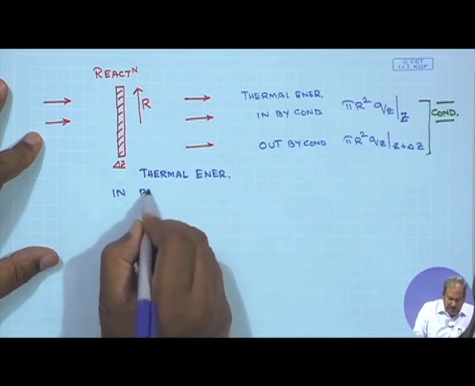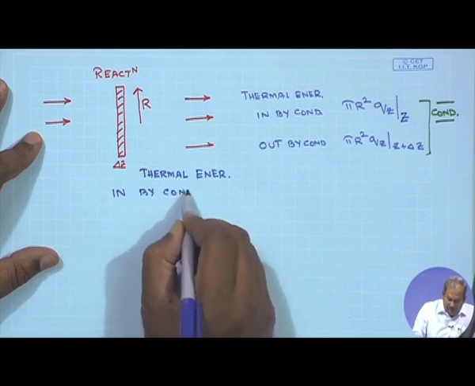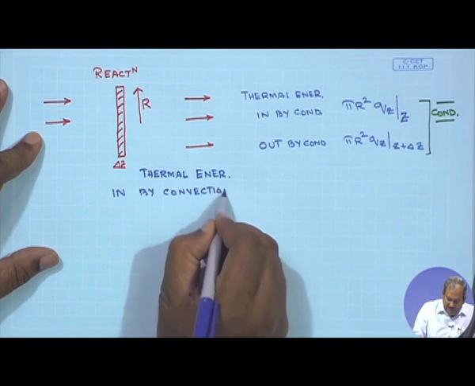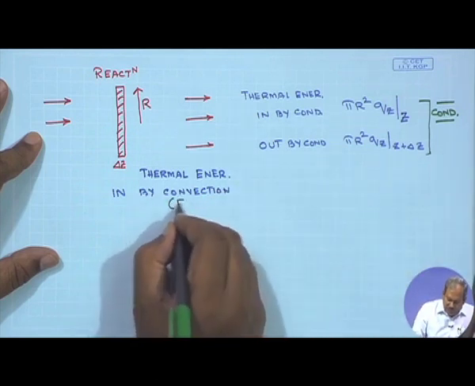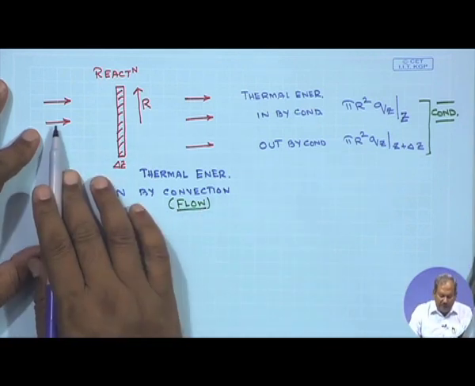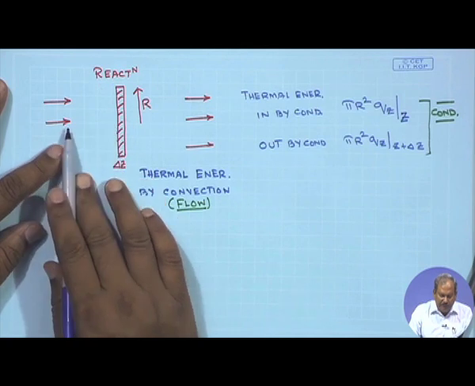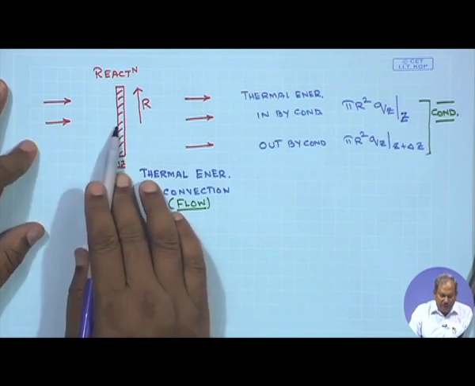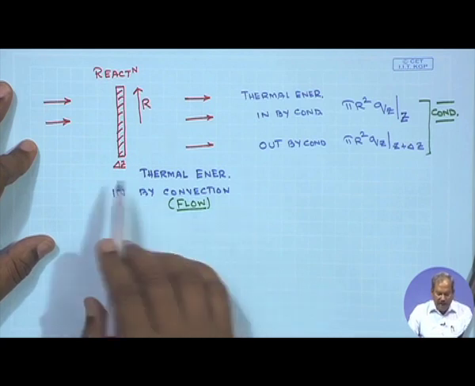in by convection. And when we mention convection, what I refer to is essentially due to the flow of the stream, the reactants which are coming in to this shell. So, the amount of material which comes into the shell must be equal to, in volumetric terms, the area multiplied by the local velocity. So, area is pi r square, and if I assume the local velocity to be v